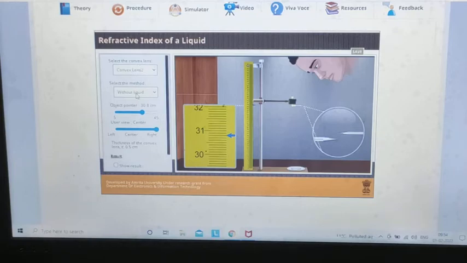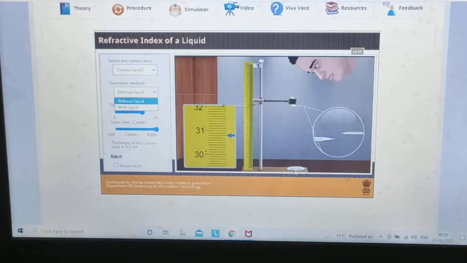Next, select the methods here. For method selection, we have to do two methods: first without liquid, second with liquid. As you have seen in the observation table, one experiment is to be conducted without liquid, which means here on this table only the convex lens is kept.